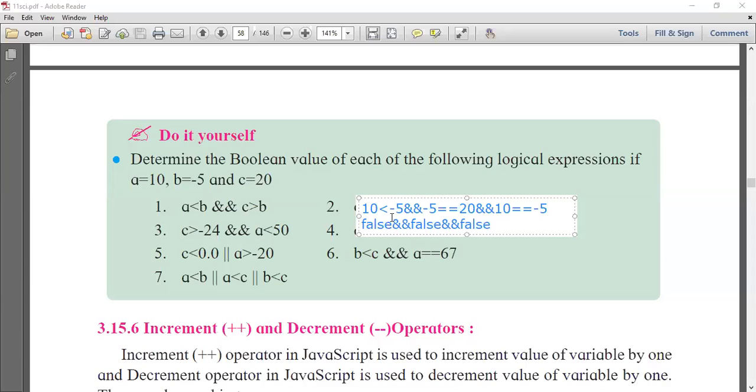So what answer will we get? This sign means multiplication. 0 multiply by 0 multiply by 0 is equal to 0. That means false. Okay, so you are right. The answer is false. Now go for the next one.